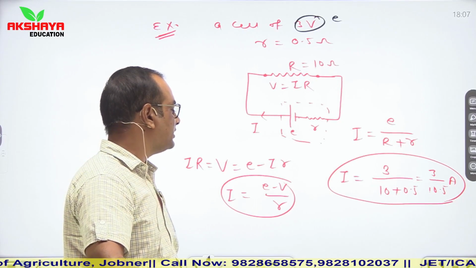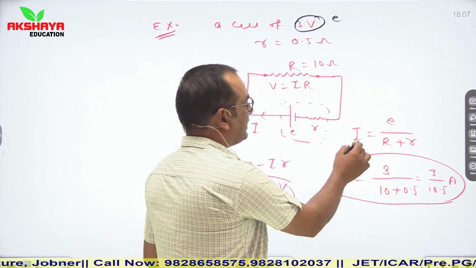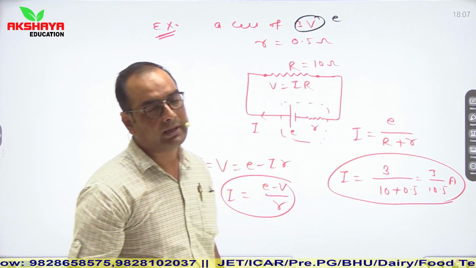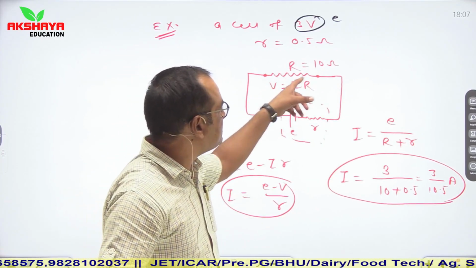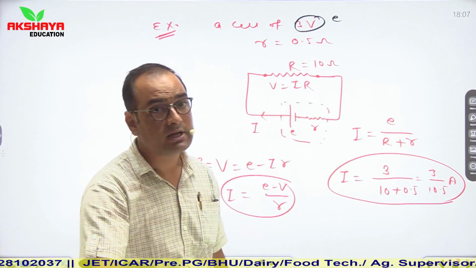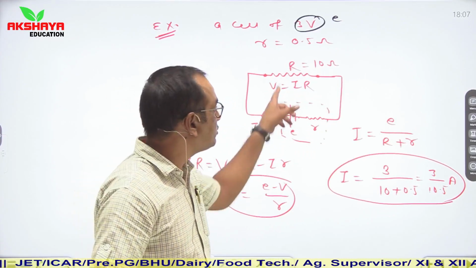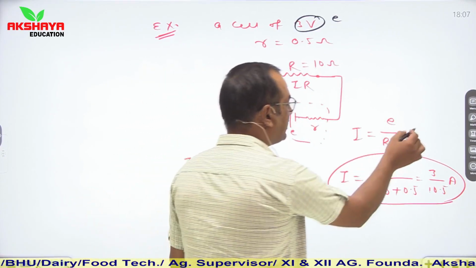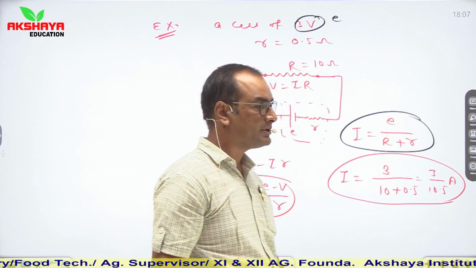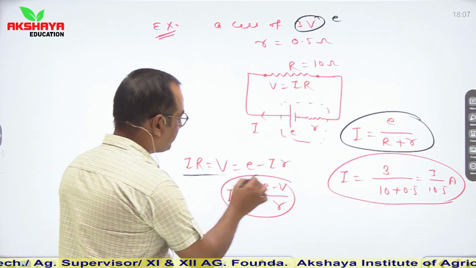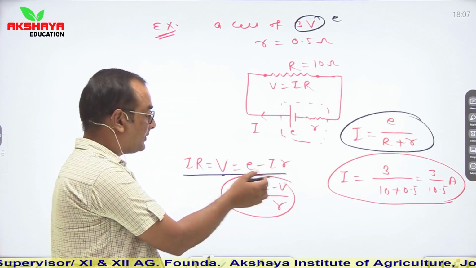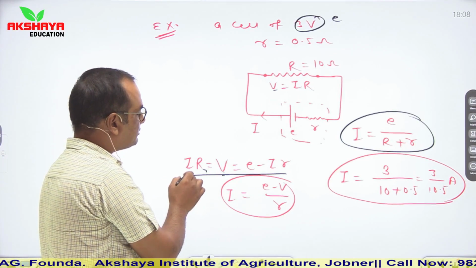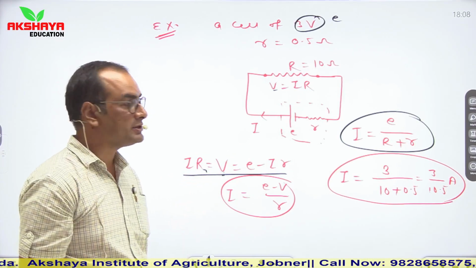So you can directly remember the formula that current is equal to EMF of cell divided by equivalent resistance. So see, equivalent resistance of the circuit: this is load resistance, and if we see another resistance which is internal resistance of that cell, then both are in series combination. So equivalent resistance is capital R plus small r. So you can directly use this relation, I is equal to E upon R plus r, or you can find this relation from here. We know that V is equal to E minus Ir and V is equal to I into R. So we can say that I now becomes equal to E upon capital R plus small r.